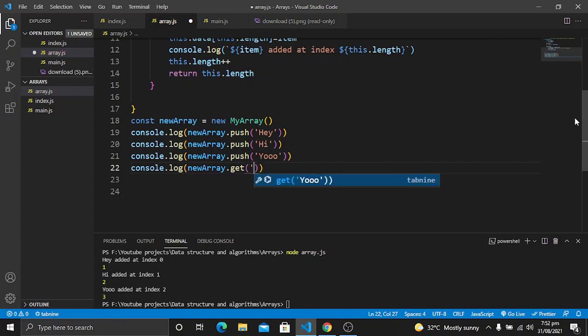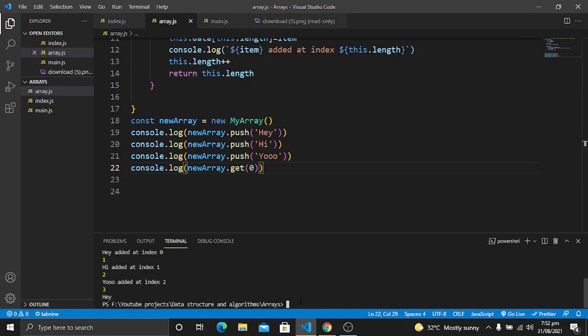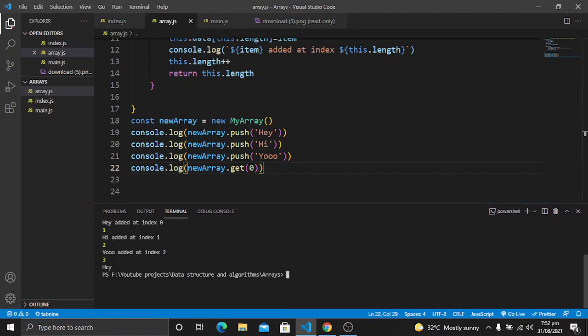So let's see, we want to get an item at index 0. So at index 0 we have hey. Let's save it, clear the terminal, run the code again. Now you will see at index 0 we have got hey.